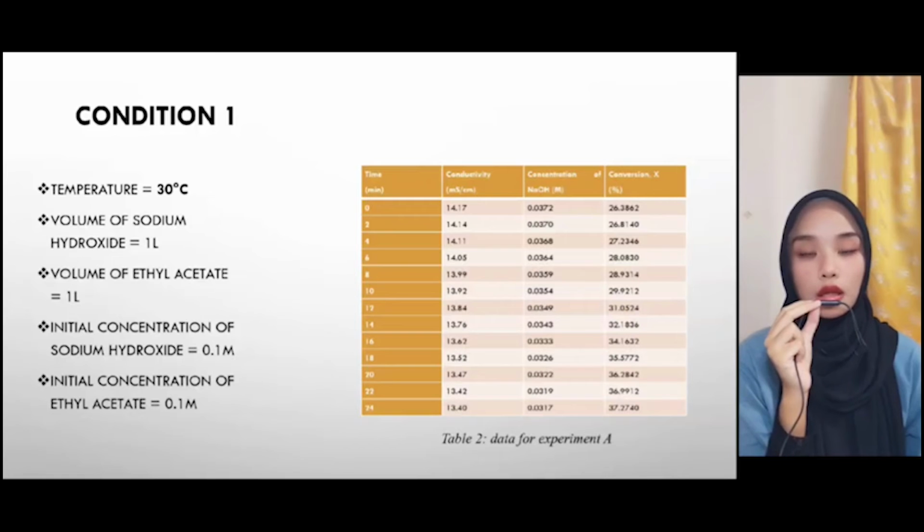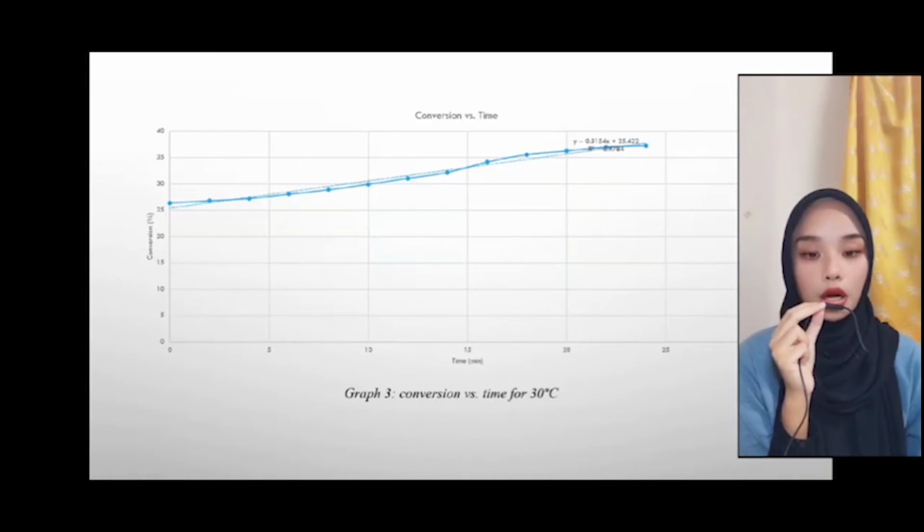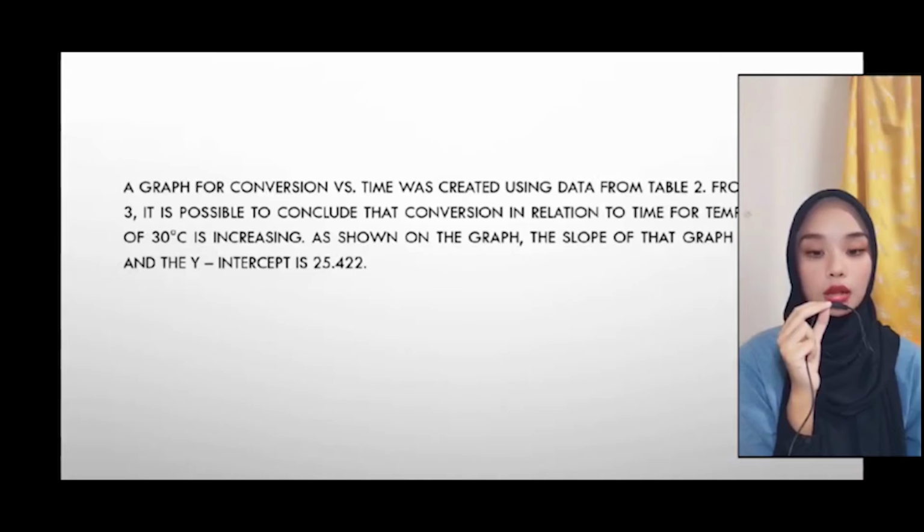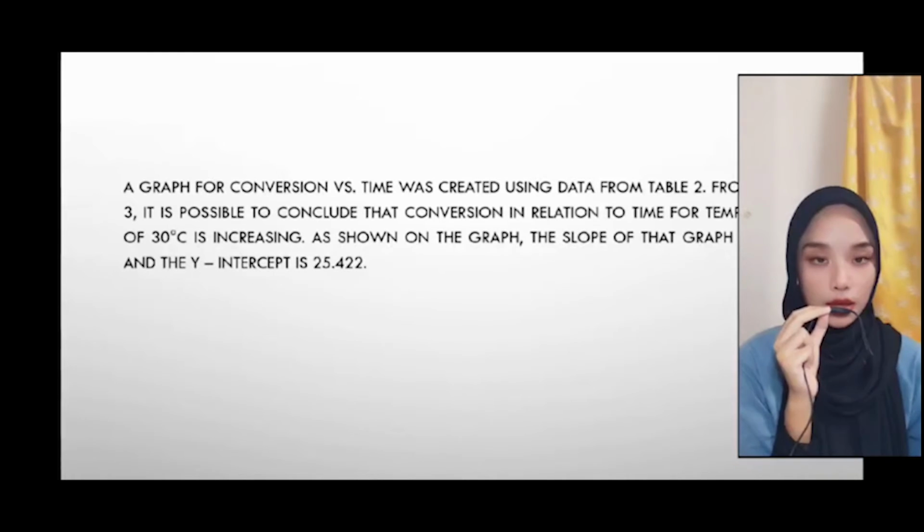Okay, this is the table of data for condition 1. We get concentration and conversion based on the equation derived in the calibration curve. This is the graph for conversion versus time. From the graph, we can conclude that conversion in relation to time for temperature 30 degrees C is increasing. As shown on the graph, the slope is 0.5154 and the intercept is